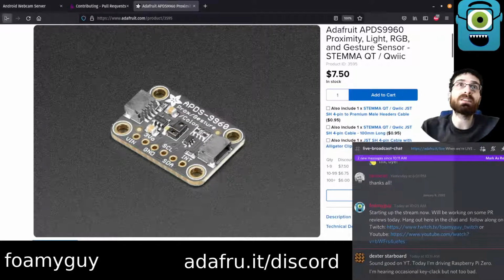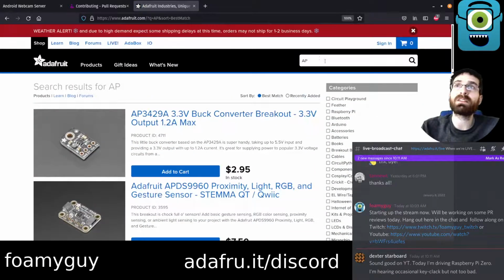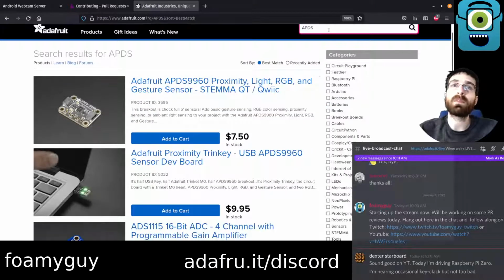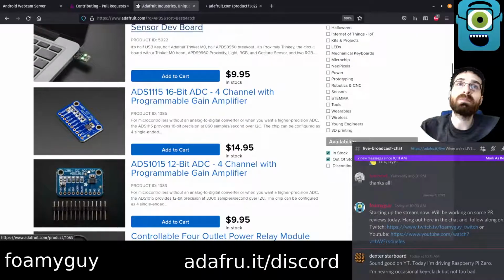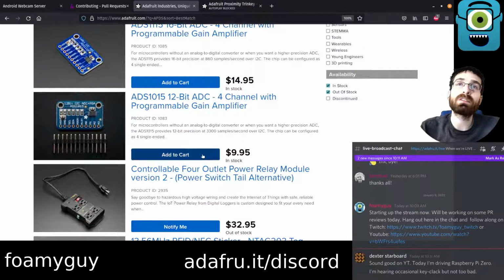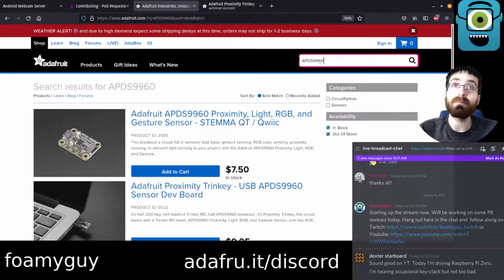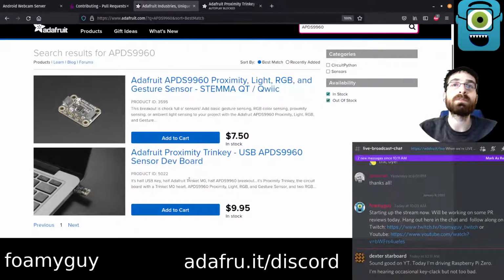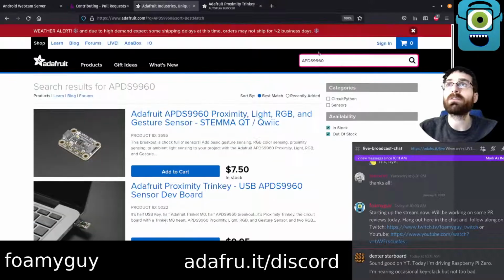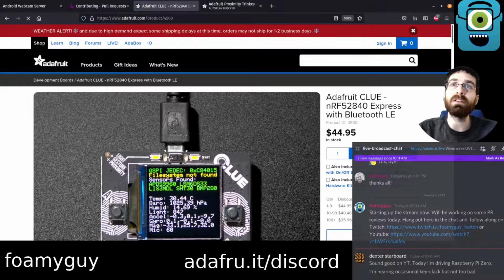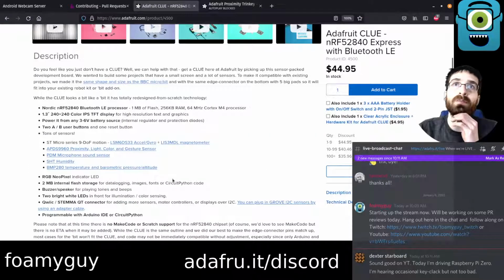This one is the breakout by itself. This is built into a couple other devices like the Clue. Maybe if we search it up. Yeah, so this one, proximity Trinkey board. I don't actually have one of these. This doesn't come up with Clue. Maybe it's because I don't have the whole thing. Oh no. Proximity Trinkey, and I guess the Clue is not tagged or whatever. But I believe the Clue has this on the front too, right? I think this is this thing right here. It's a slightly different package, but